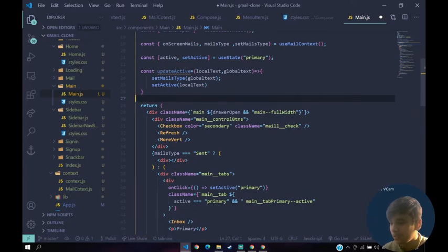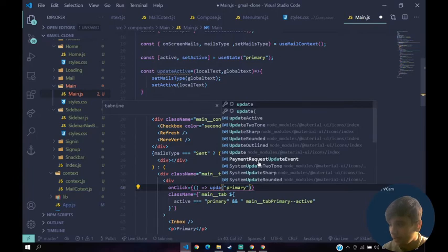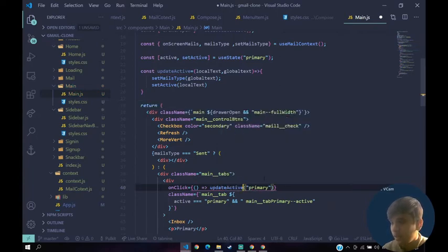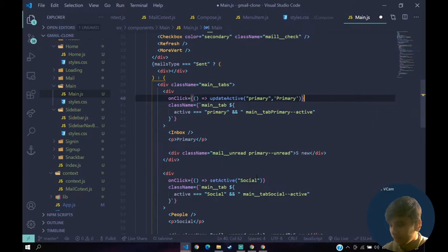So const on click, I'm just going to call update active, which now accepts two parameters. First is primary, and then another one would be a capital one, primary, right? I'll do this for everything. And here, since both are capital, you can give both to be social. Let's do that with both social.